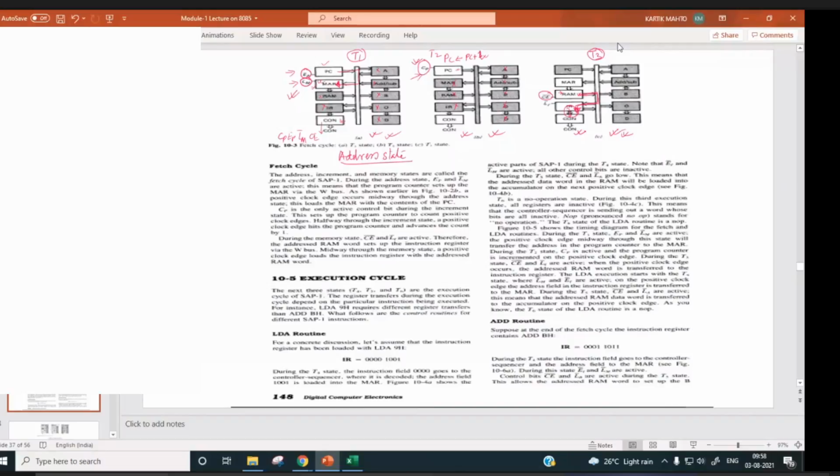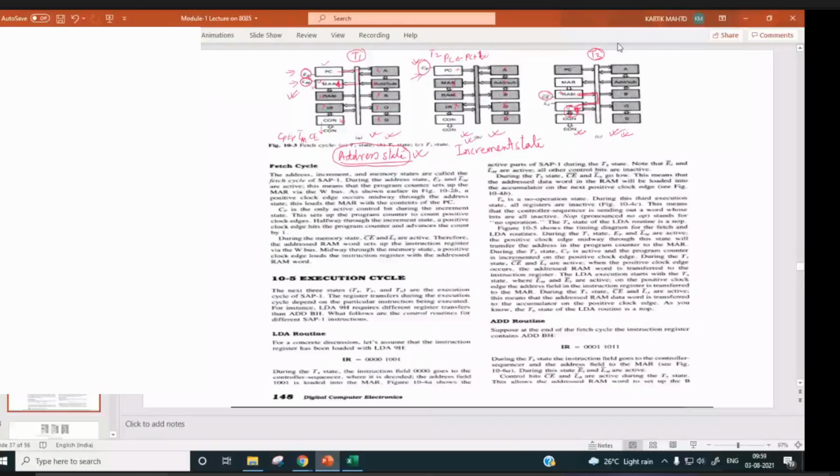So it is called address outing state or address state. During T2, nothing is being done except incrementing the program counter. So this is known as increment state.